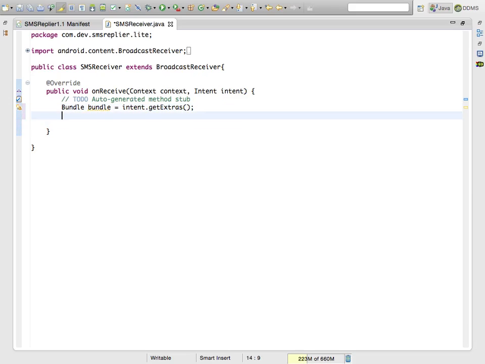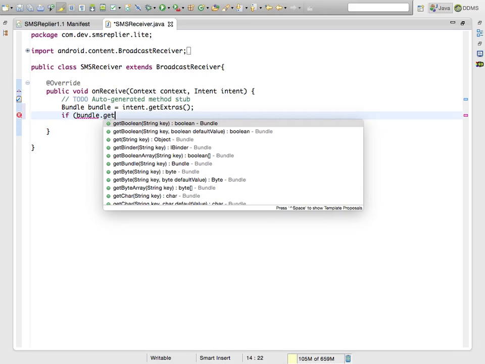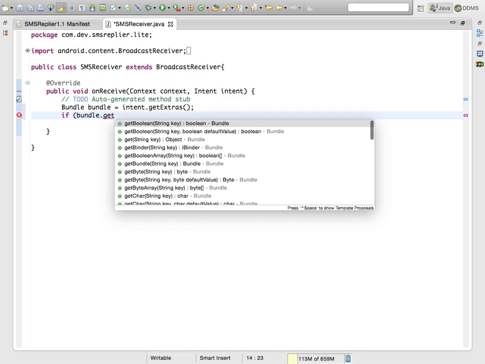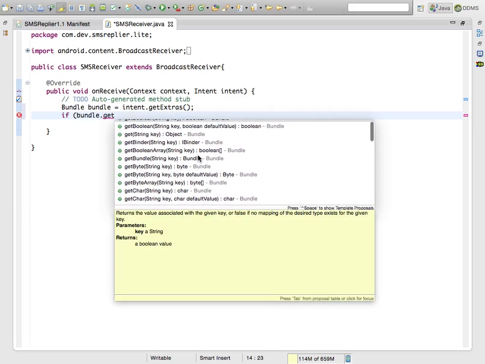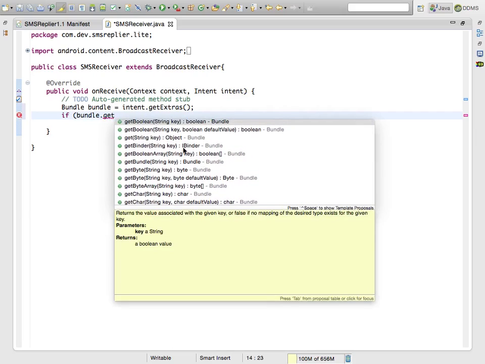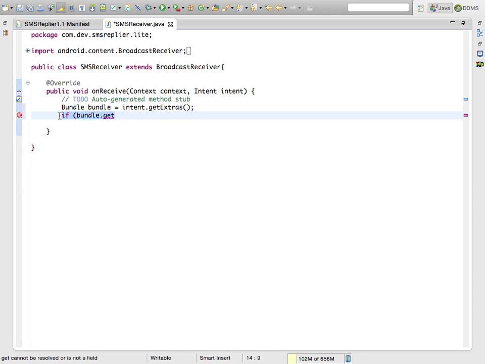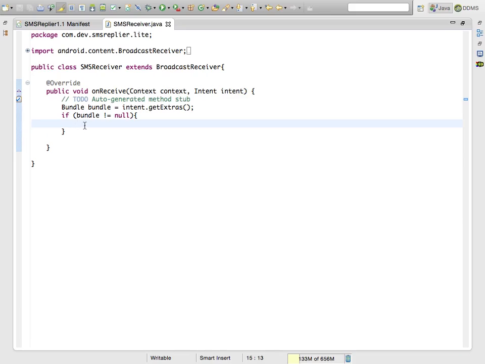Few think it is a good practice to check the bundle, of course I need to, this will avoid it if any error comes. So okay, now